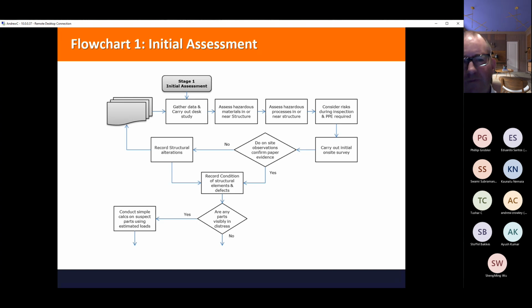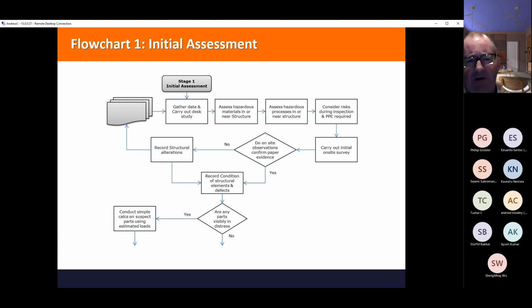Those two will conclude, or you should conclude, what risks are you likely to come across during your inspection, and therefore what mitigation you require, what PPE you might require. And don't forget, PPE is the last resort, not the first. If you can mitigate the risk, do so. If you can eliminate risks, even better.